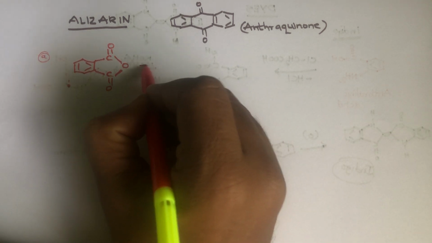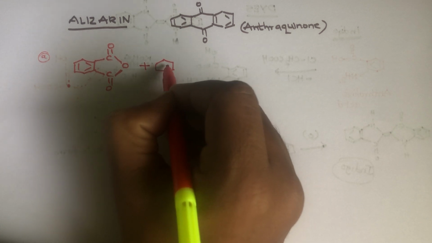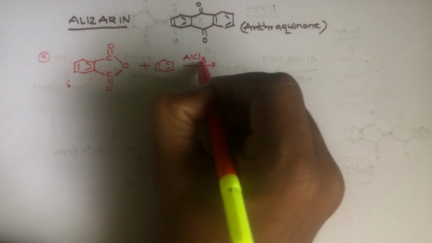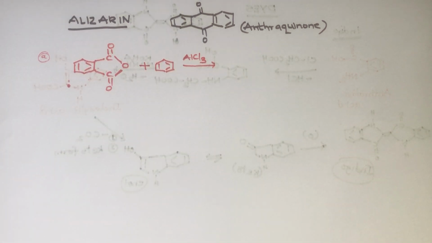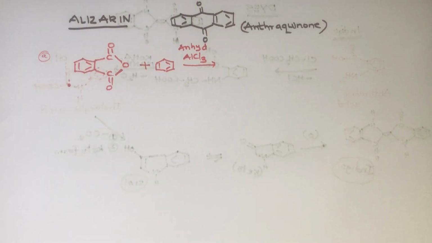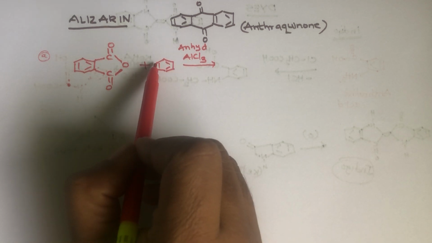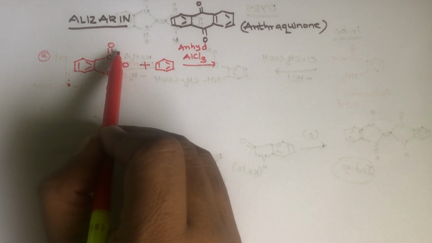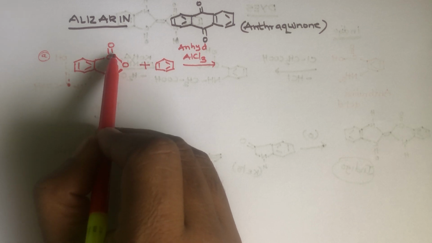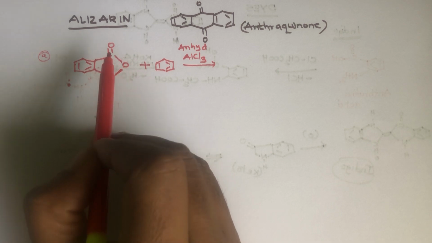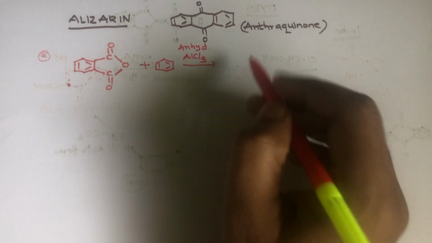This phthalic anhydride is treated with benzene in presence of AlCl3. It is anhydrous AlCl3, this does not contain water. So what happens is, this benzene is electron rich, so this is electron deficient. So this carbon attacks this, and a bond between this carbon and this ring is formed, and this bond breaks. So what you get is here,